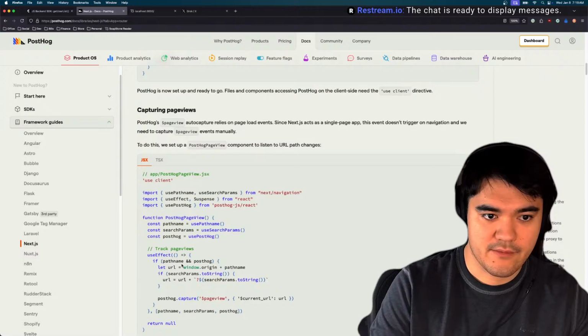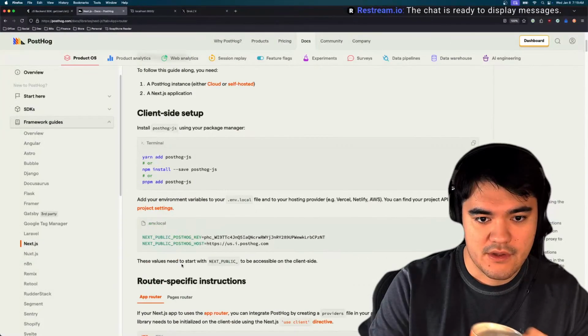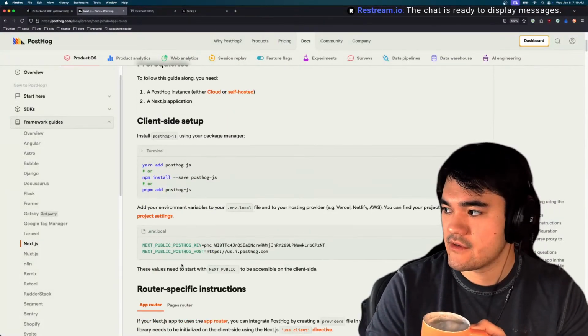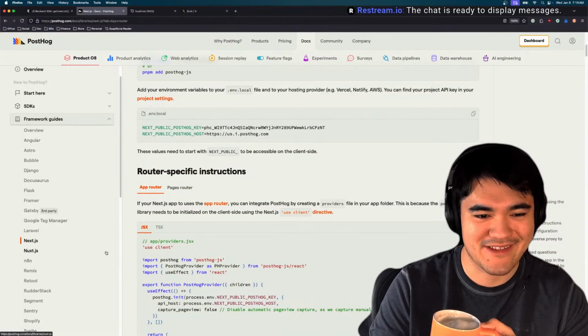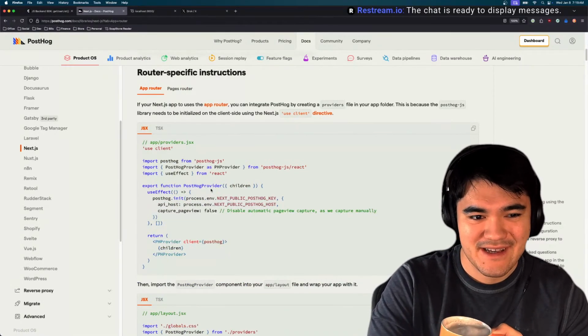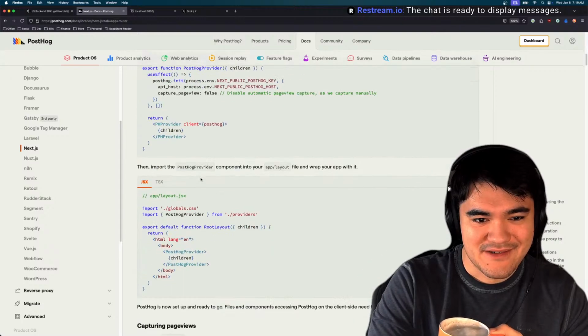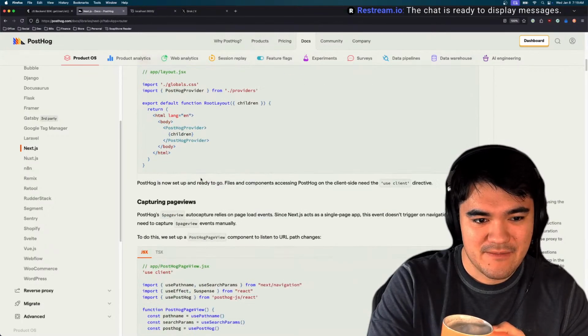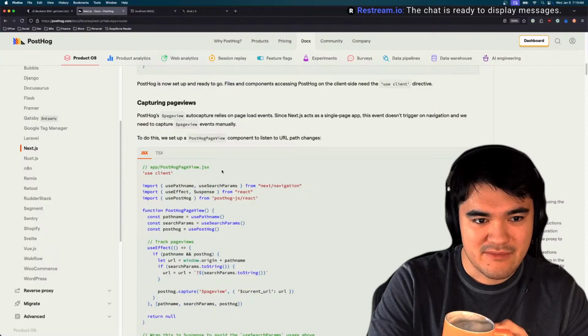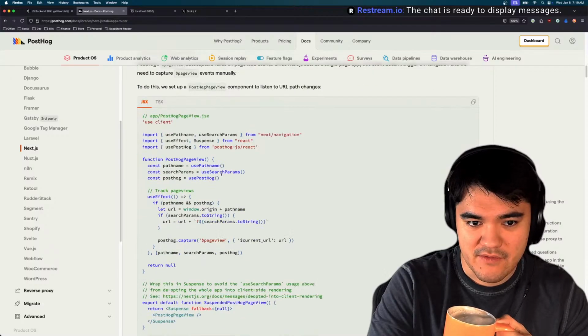PostHog page view. All right, let's just read the whole page first before we get too far down the rabbit hole here. Okay. Yeah, so initialize the library, provide the provider, right? Capturing page view.